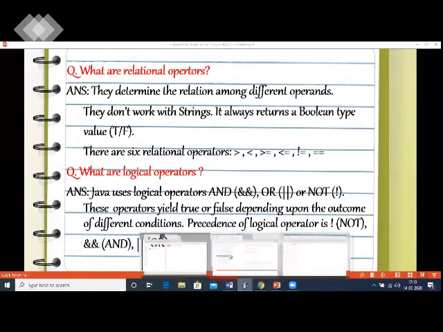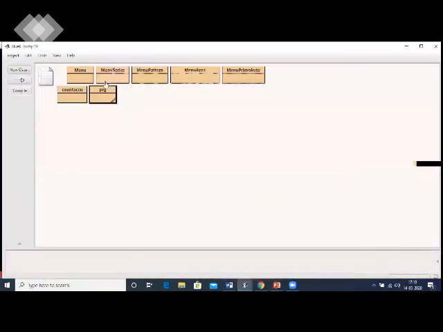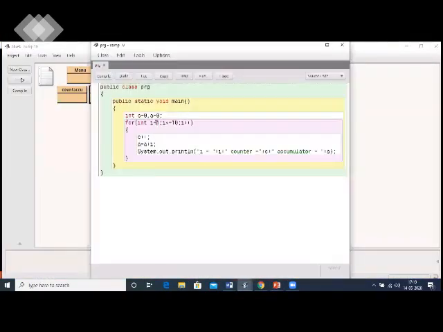Like we had done in a program right now, if you remember, we had used a relational operator, that is less than or equal to 10. This is an example of a loop. The looping will go till the value of I is less than or equal to 10. That means between 1 to 10, whatever value is there, it will be solved. When 11 comes, it will end the loop because the expression becomes false.